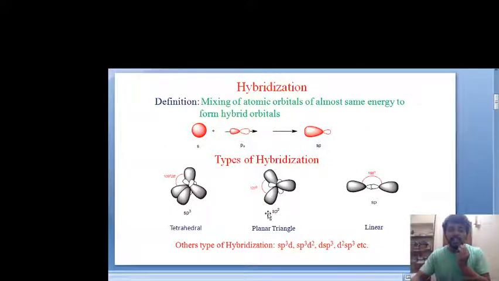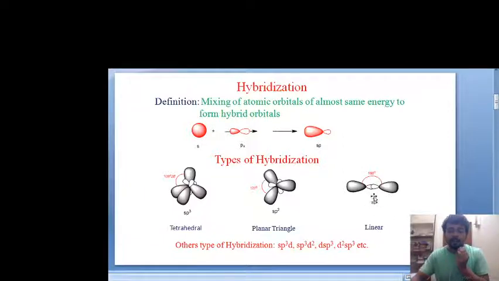In the sp2 hybridization, one s orbital and two perpendicular oriented p orbitals overlap to form the sp2 hybrid orbitals. Here all these three lobes maintain planarity. They are in the same plane because they are sufficiently apart from each other, so there does not exist very strong repulsion. And this is the sp hybrid orbital, that is, one s orbital overlapped with one p orbital, they form this linear sp hybrid orbital.